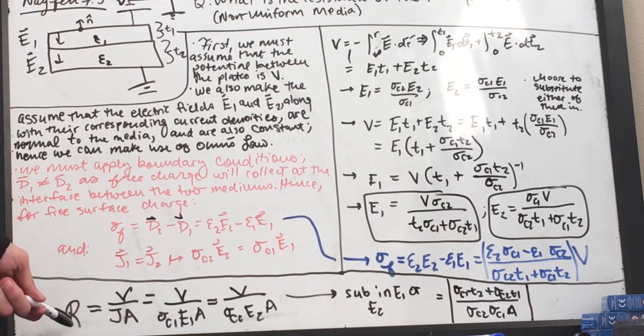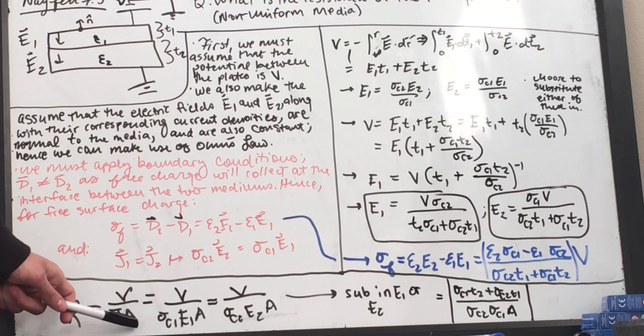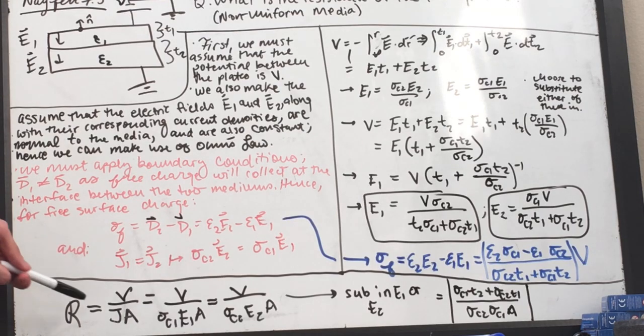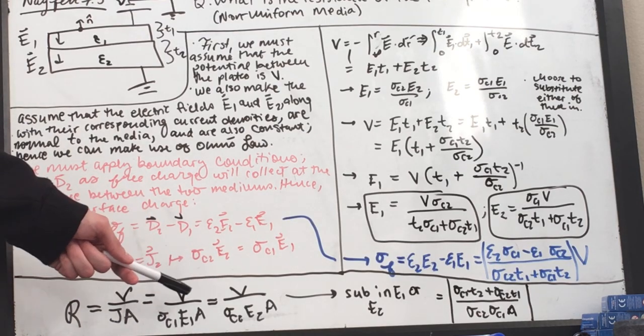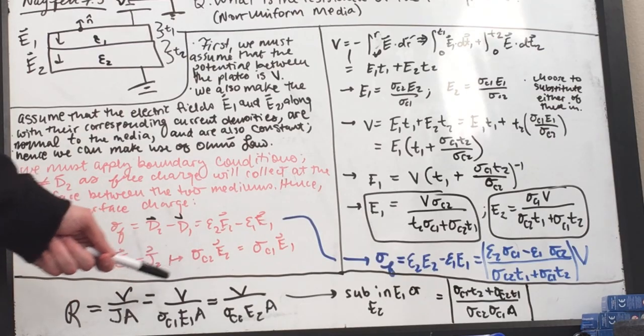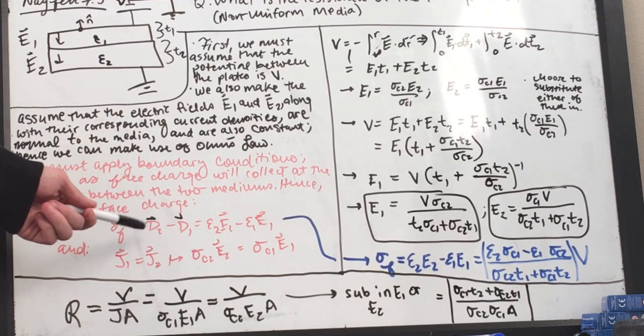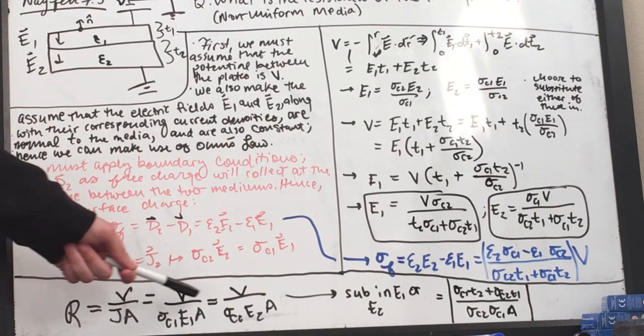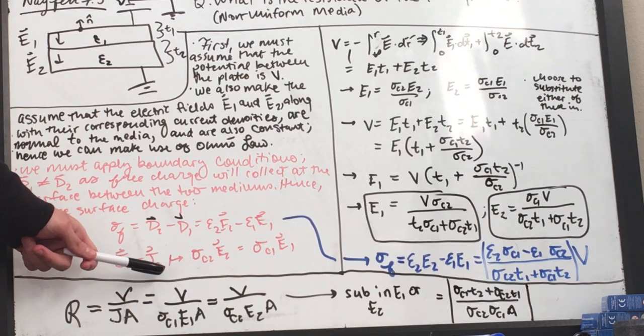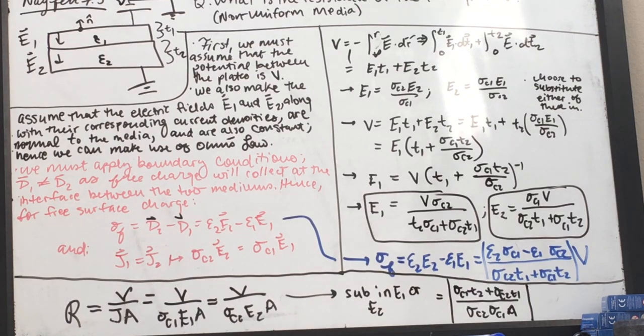So our resistance is just the ratio between the potential and the product between the magnitude of the current density and the cross-sectional area. And then all we have to do is substitute one of our electric field terms and its respective conductivity per Ohm's law, and we are able to write these two as equivalent expressions because of the continuity condition we placed on it earlier. So when we do that, we do some wacky algebra, and we're able to get a final expression for our